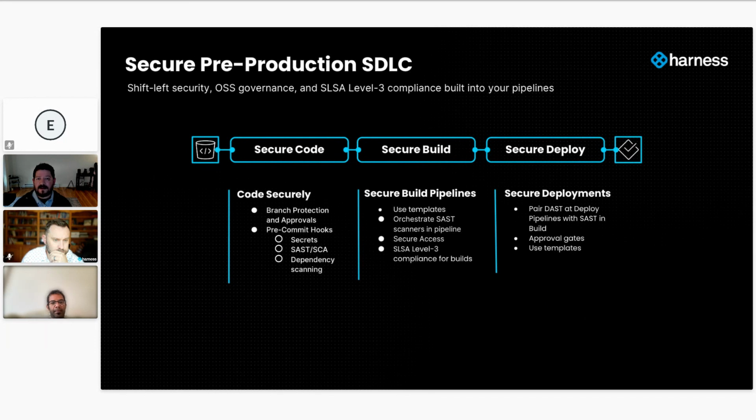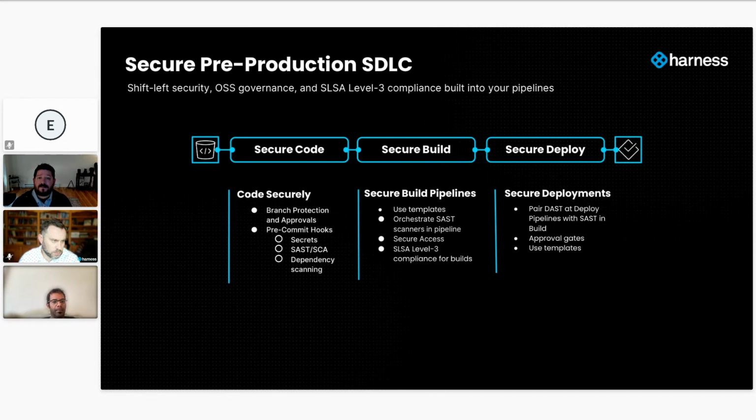And so really, when we think about pre-production SDLC, there's a lot of nuance between companies and even between different environments, right? Lots of folks have a test environment, or a development environment. Maybe you've got QA, multiple tiers before production. And so breaking things out into these three pillars can be useful as you start to take stock of what practices and controls you already have in place, and then maybe some gaps that you focus on in the short term.